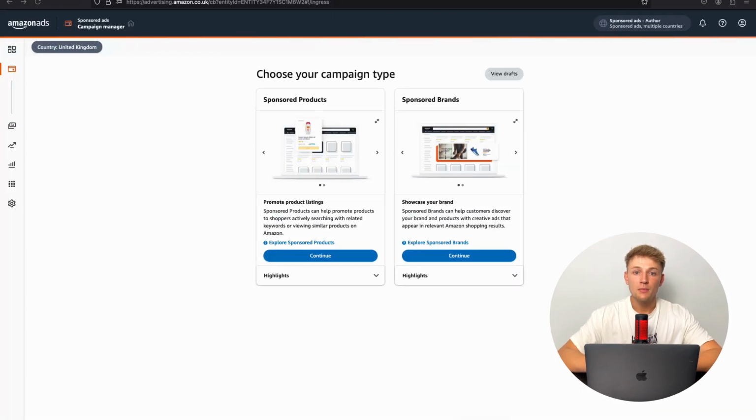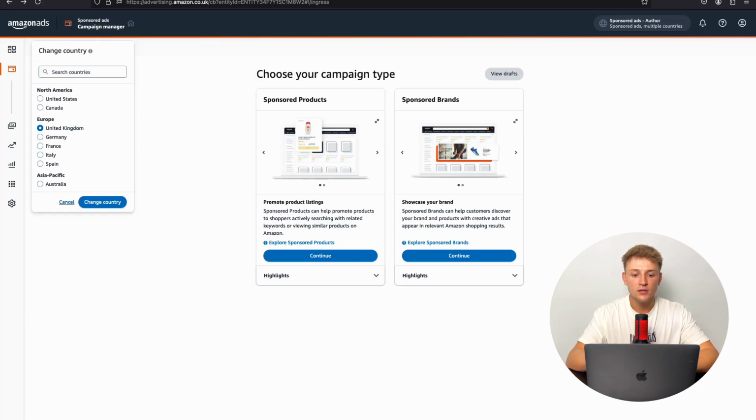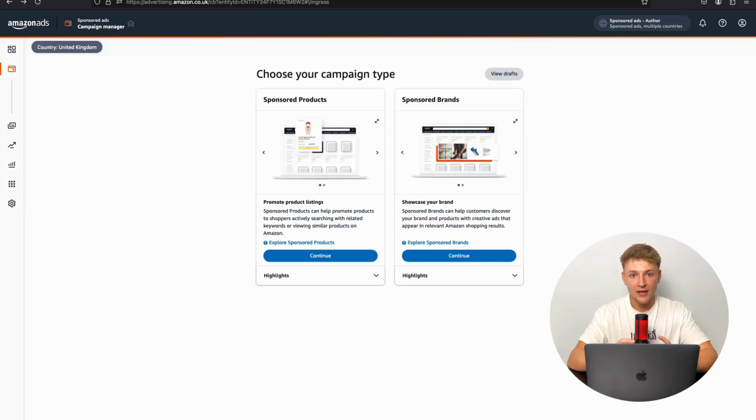So once you're in your Amazon Ads console, you want to press the create campaign button, which will be very, very easy to see. And then you have the option of sponsored products or sponsored brands. You will have some more options if you're advertising in the US, but I'm currently logged on to my UK console. And it's just worth mentioning here as well, you can launch UK, US, German, whatever territory ads you want to. You have access to all of those, but you do have to create a separate campaign for one in